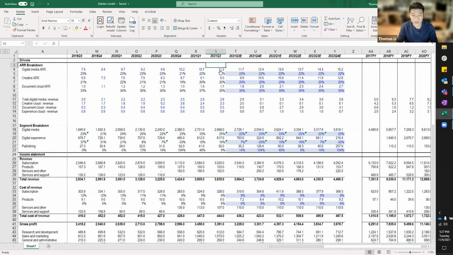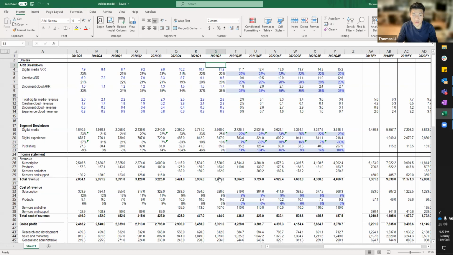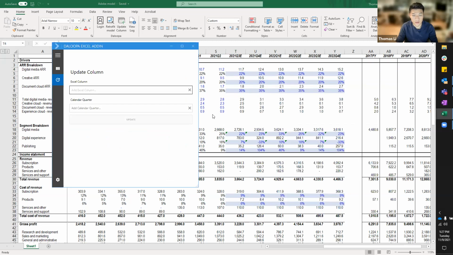So now column S is actually not just your own hard-coded data, but we've also mapped every single number here into the Daloopa model. So you can click in and source. Why is that important? Well, the value of this is when a new quarter gets updated, right? Let's say I would like this quarter to contain the actual data for 2021 Q2. I want column T to have 2021 Q2's actual data. You can come in here and you can say for column T, I would like 2021 Q2. If you hit update,